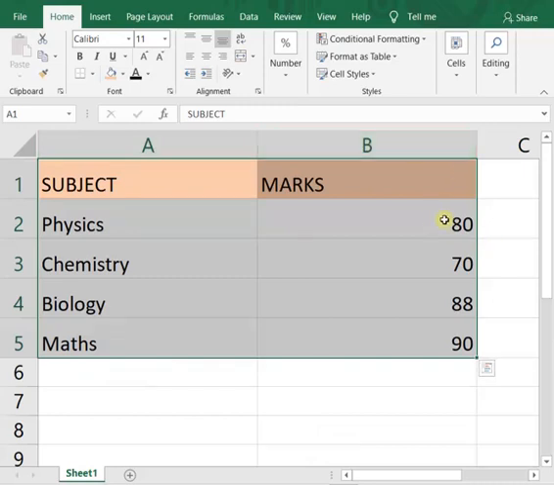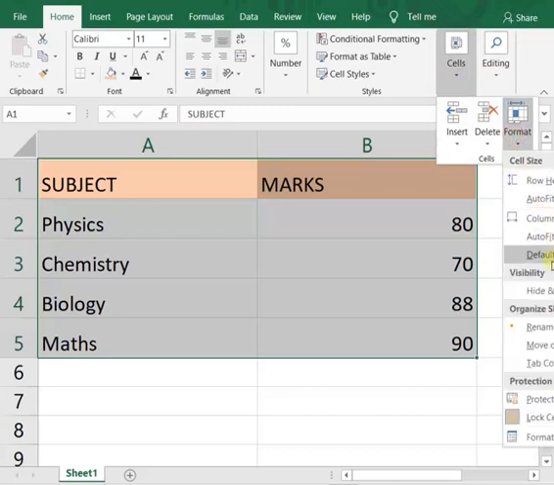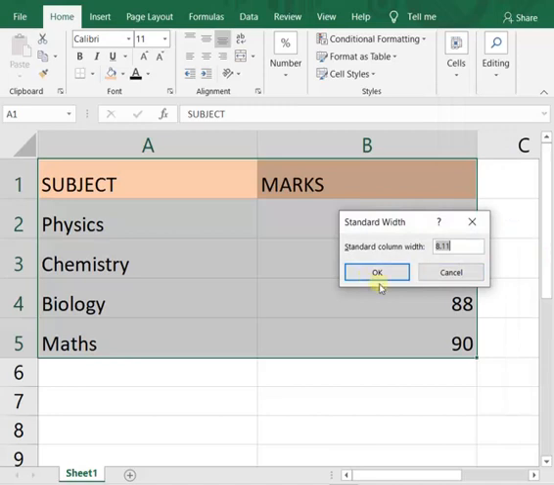The standard column width of a worksheet can be seen from here: cells, format, default width. So the standard or default column width of your worksheet is 8.11. Different MS Excel versions working on different versions of Windows may have different default column widths. It may vary from version to version and operating system.